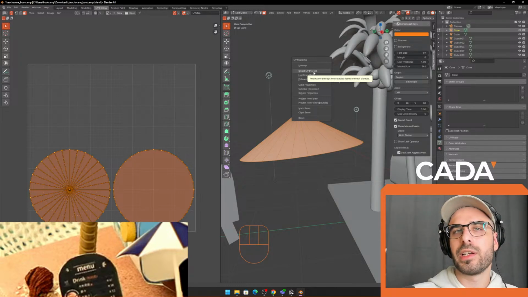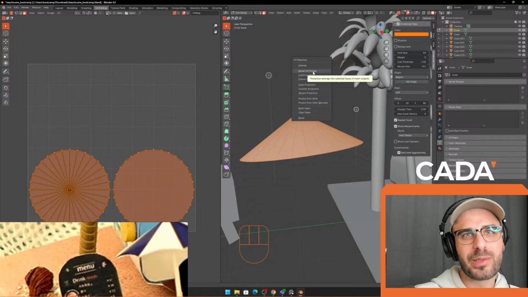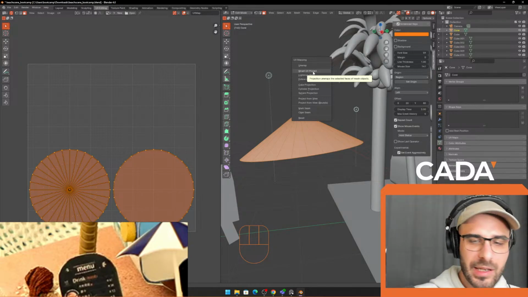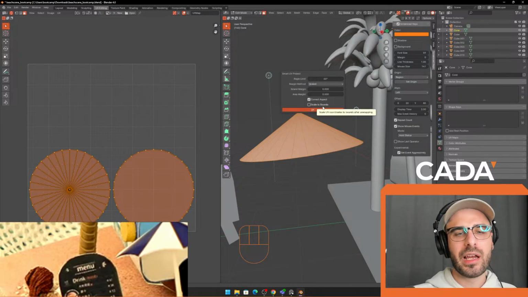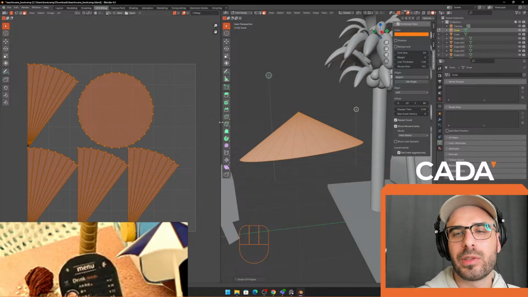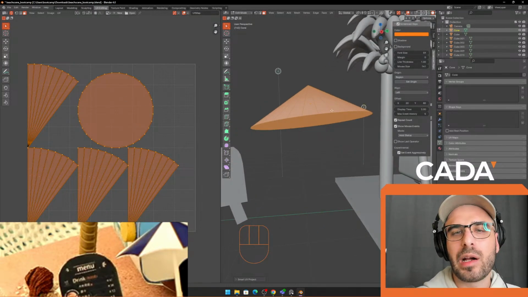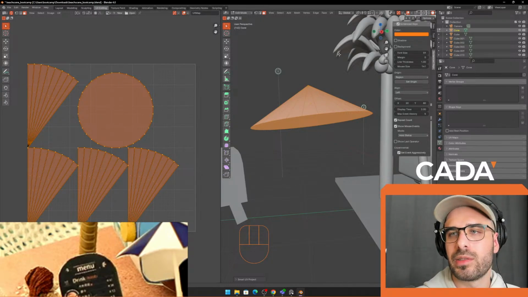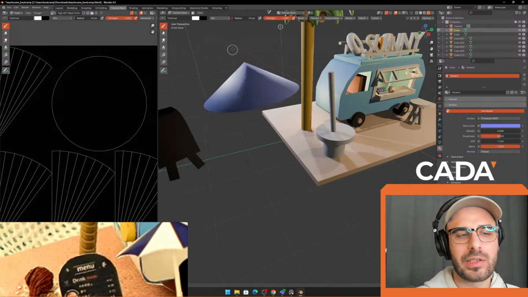I don't know if it's project or project, whatever, this button, Smart UV Project, I think. And then that will basically do the whole unwrapping process for us, okay? So it will guess what it's supposed to look like. And now Blender knows how to put a 3D model on a 2D image. And now we can go into the texture painting,